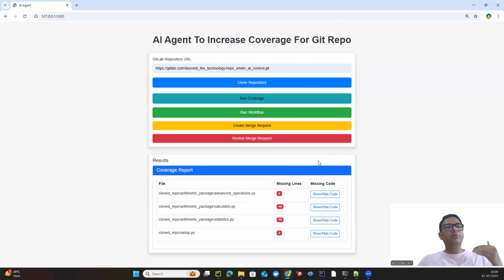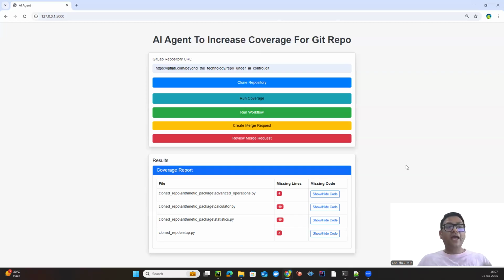And once that is done, I will probably create another video where I will show all these things in real-time action. We will start from a repo and see what happens once the entire workflow runs, whether the new test cases which we extracted with the help of LLMs get pushed to the repo or not, and whether we are able to achieve 100% coverage or not without writing any code myself, right? So this is the power of AI